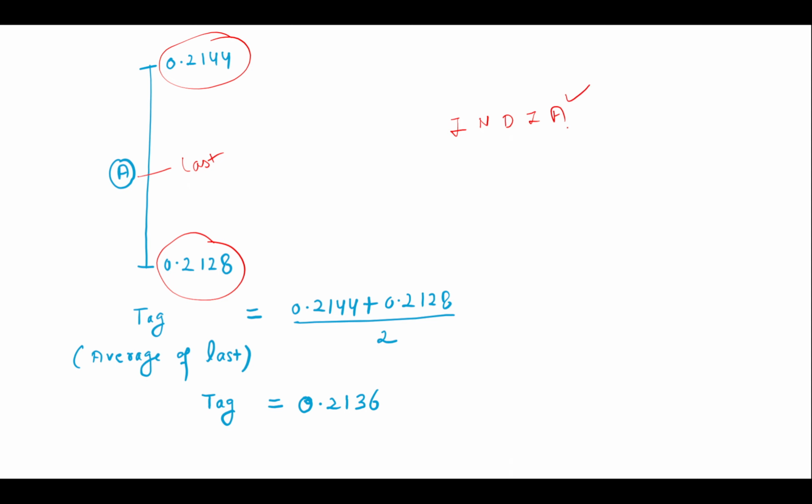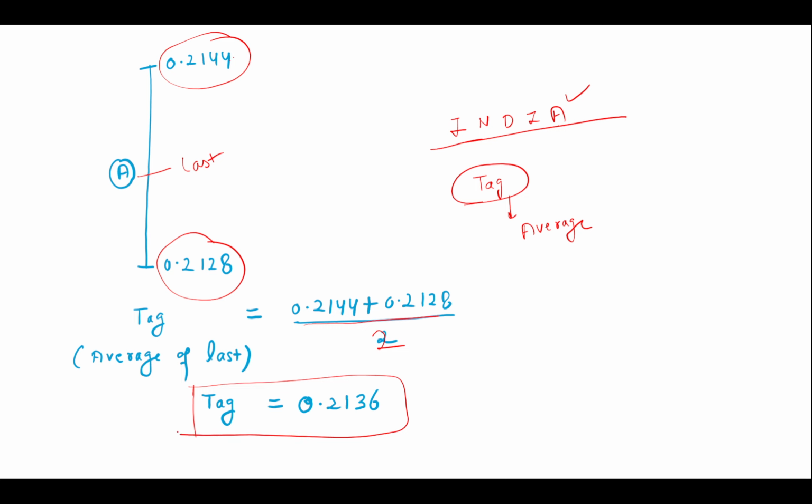So now we have to stop this process. And the last letter is very helpful to generate the tag value for this sequence. The tag value means we just find the average value. Average means the upper and lower limits divided by 2, because there are only two values, so that's why we divide by 2. So we get this tag value for this sequence, INDIA. So this tag value is